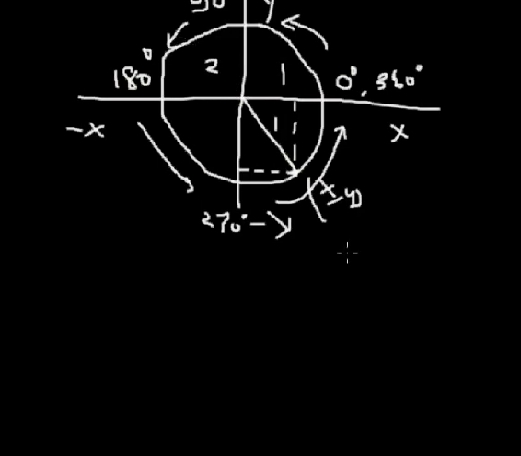Now knowing that, each line makes an angle. This angle is known as theta, and the x value of this point corresponds to cos theta, and the y value corresponds to sin theta. So we want to find sin theta and cos theta, which are the x and y coordinates on the circle, and to find this for each quadrant,